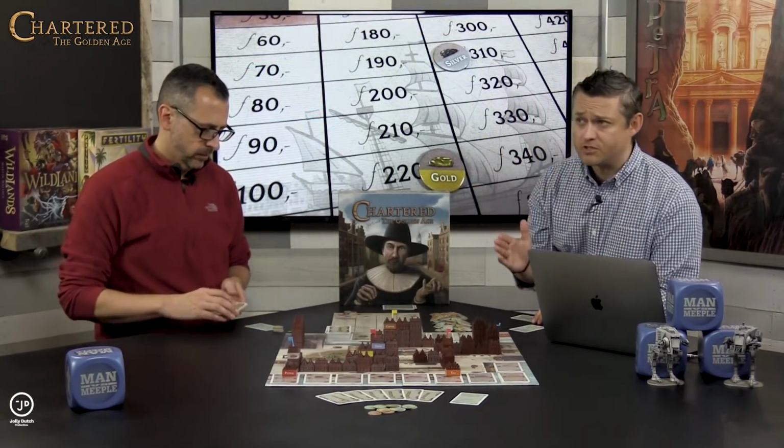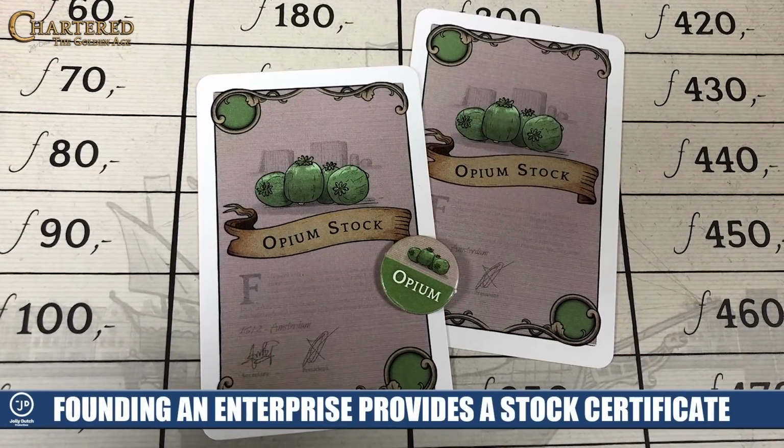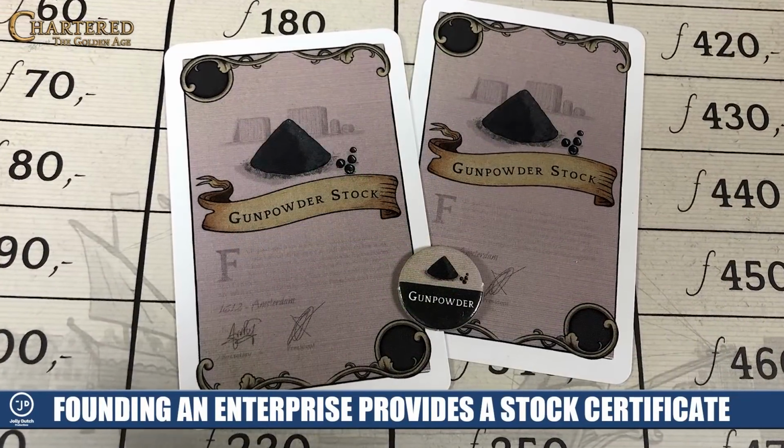Also, if you are the first person to build an enterprise, you're also going to gain a free stock, which we forgot to mention. When you found a new enterprise, you get a free certificate of that stock, which is a nice thing to get,